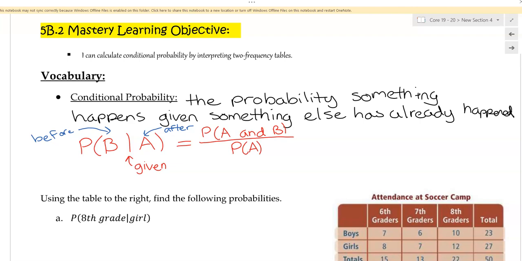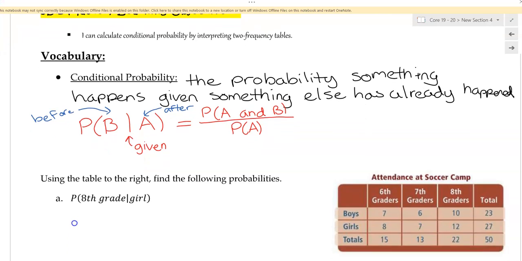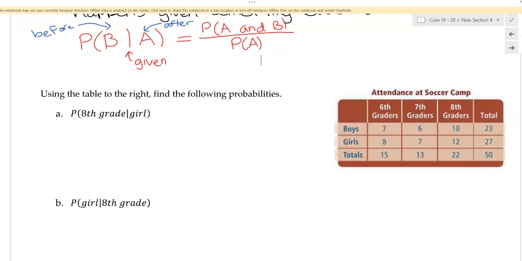Okay, so we're going to use what we just did in 5B.1 to find these probabilities, and then we're going to divide them. Okay. So using the table to the right, find the following probabilities. So the first thing I'm going to do is I'm going to put a B before and an A after. That way when I copy down this formula, the probability of A and B over the probability of A,